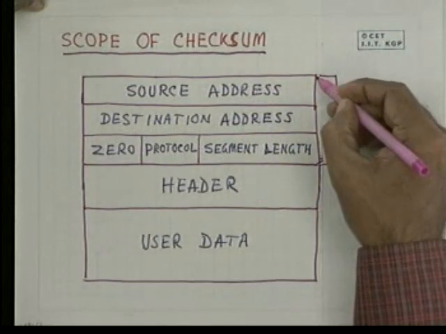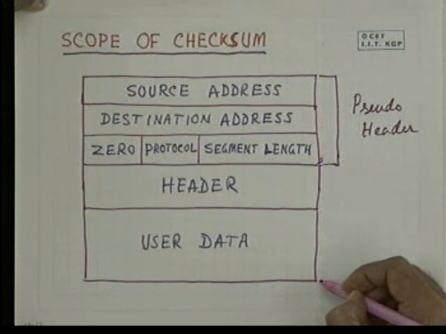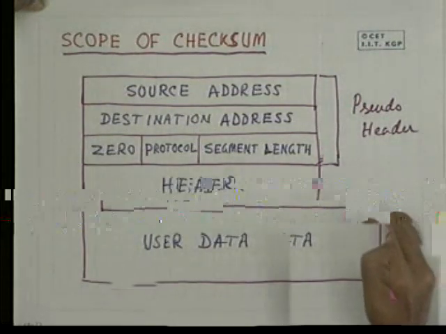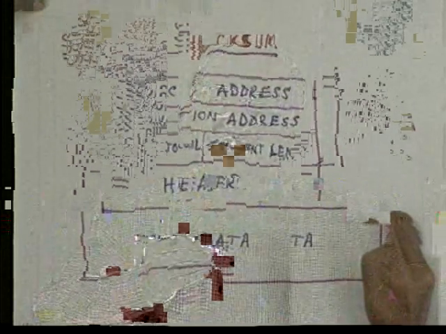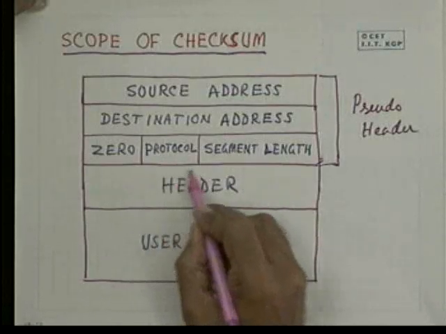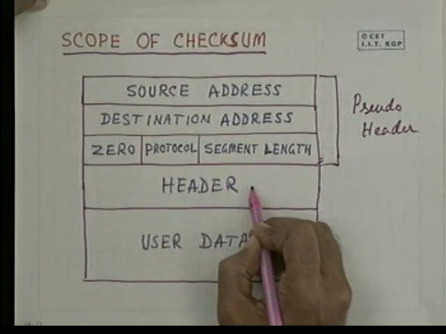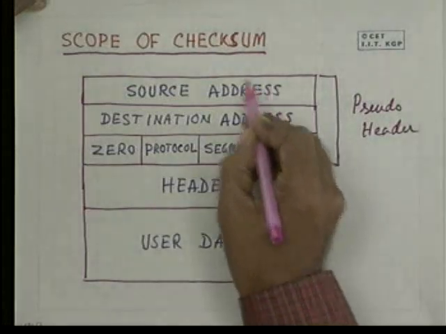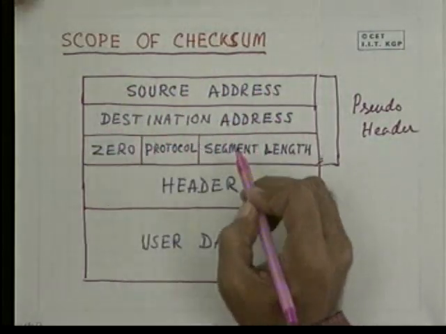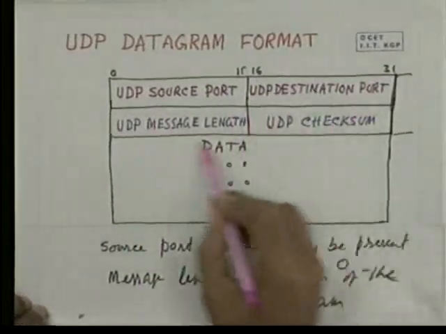So you find that the checksum is computed over the header. The reason for that is the header does not contain information about the source address and destination address, as we have seen. The IP address is not present here,